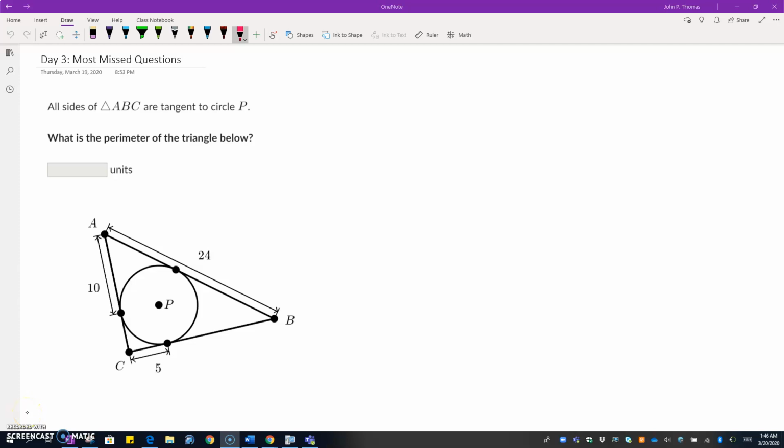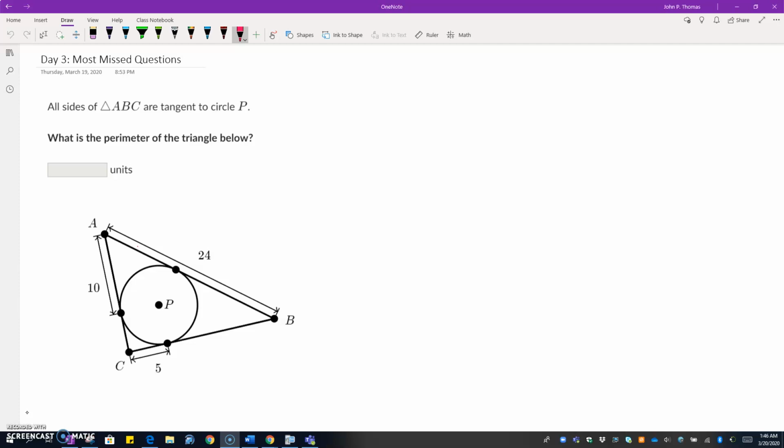Alright, this was our most missed question from the Tangents to Circles problem set in Khan Academy. This is one that if we had been in class as a whole, I think you would have had no problem. There's really one big key connection to this type of problem, and that is that these distances, when